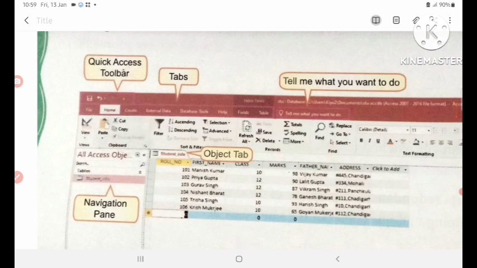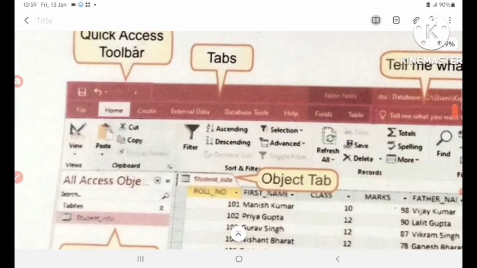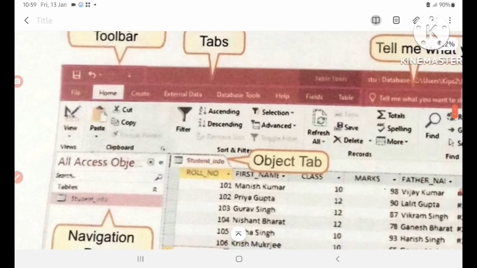These are the tabs: Home tab, File tab. Suppose you have clicked on the Home tab, then in the Home tab you will see many groups: Views group, Clipboard group, Sort and Filter group, Records group. So these are groups.